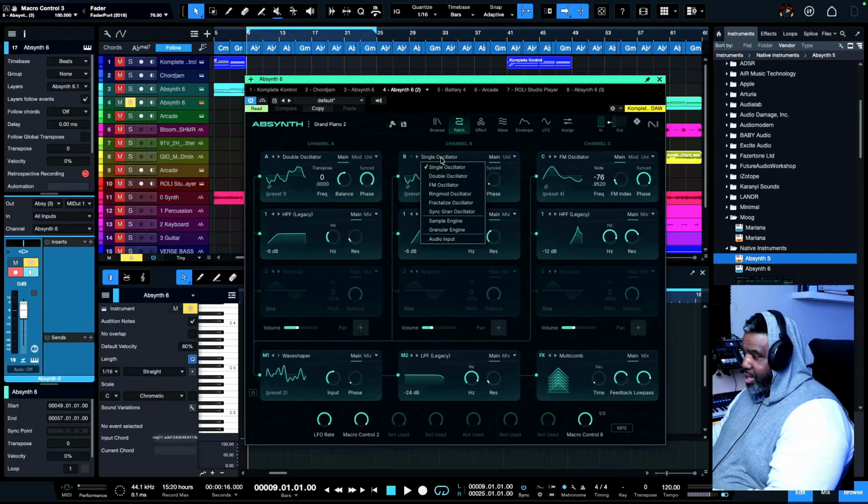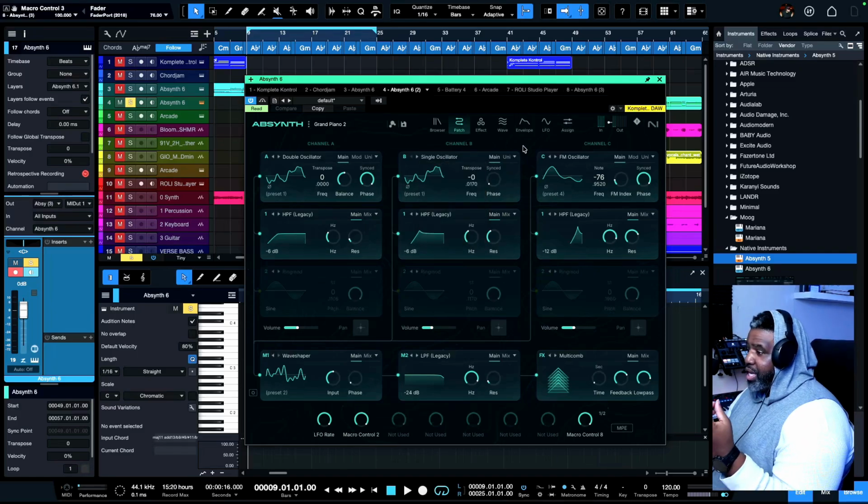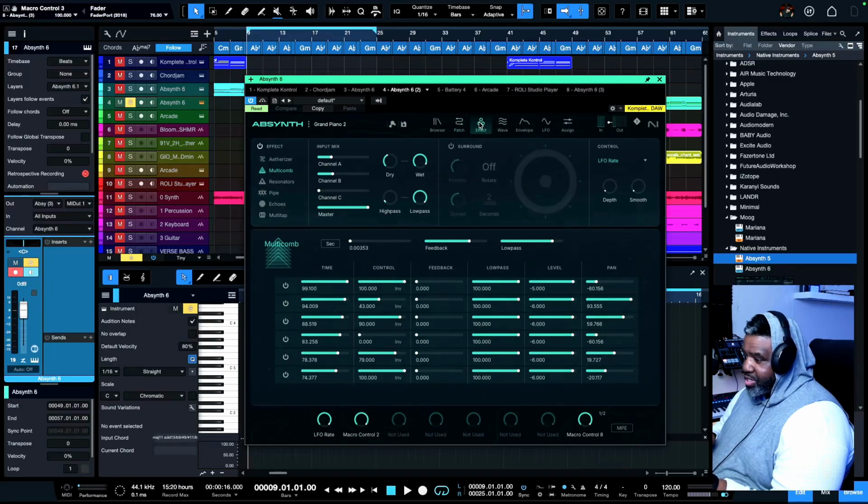There's a bunch of oscillators, a bunch of granular engines is what I'm trying to think of. There's a bunch of engines in here that you can use. For your effects, you can come in here and change your effect. This is the one that I went with. This is the multi-comb, and I was able